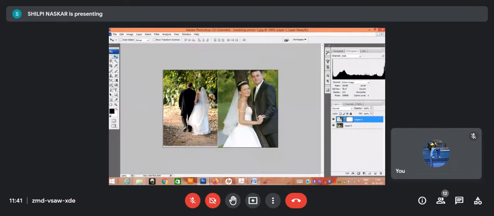Now, I used a gradient in the previous case. Now I'm using the brush. You can change the brush size, you know this already. Now see, I'm wiping it off. I'm not doing it in a very clean way. I'm just doing it to show you how to do it. That's it.